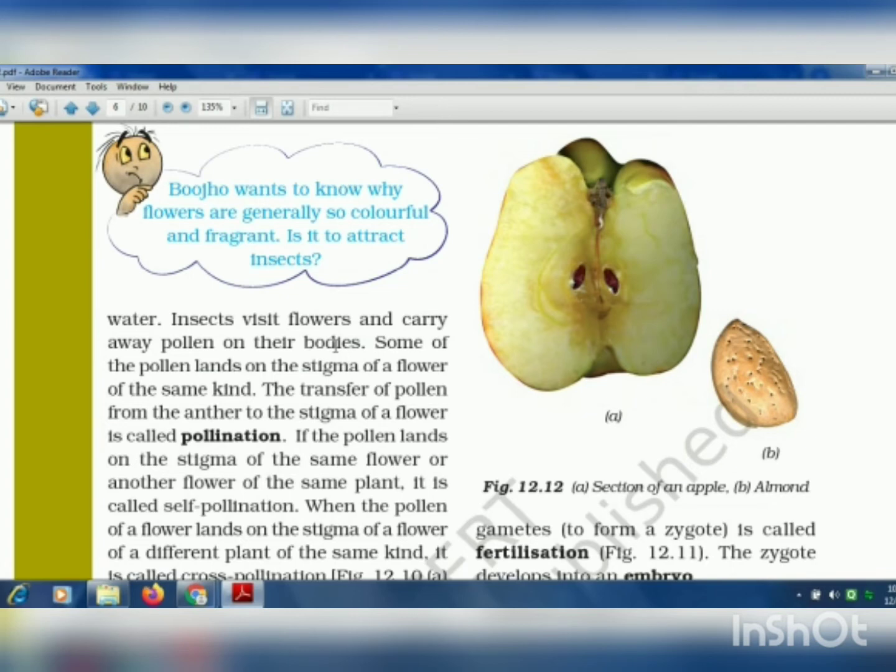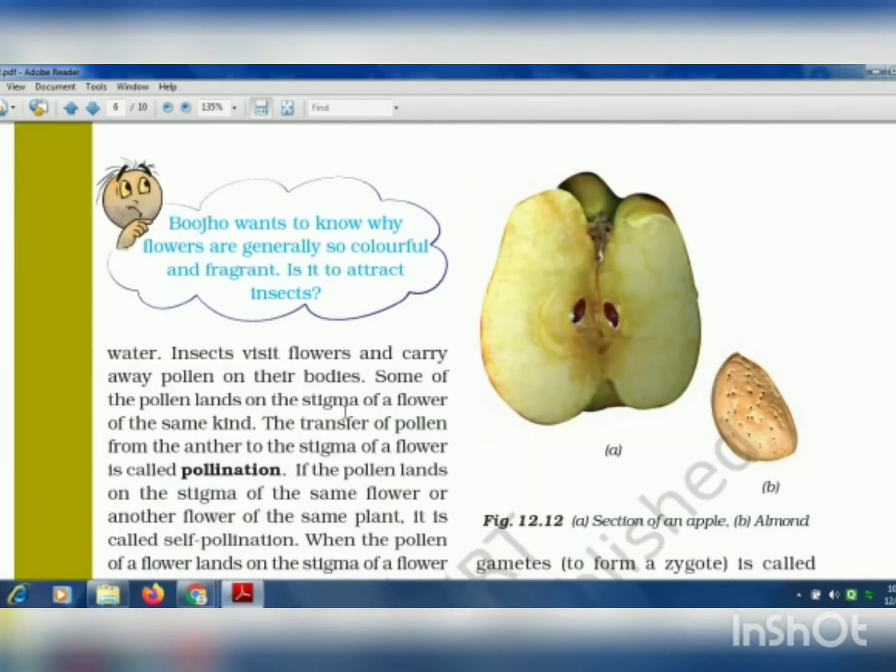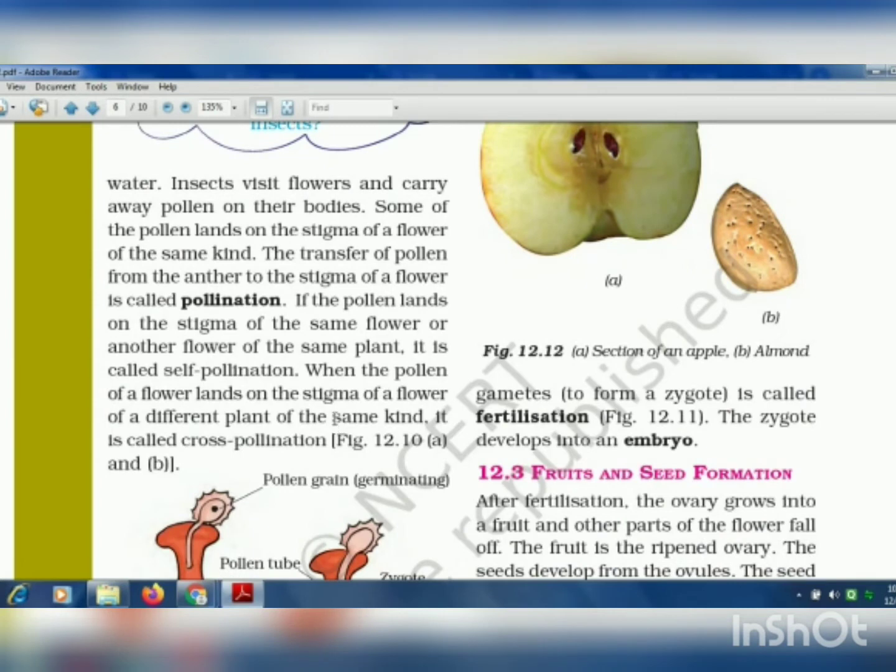then the pollen grains stick to the stigma of the pistil, and then the pollen grains get transferred through the style to the ovary, and then it comes in contact with the ovule which contains the female gametes, and this is how the reproduction occurs there and a zygote is formed.